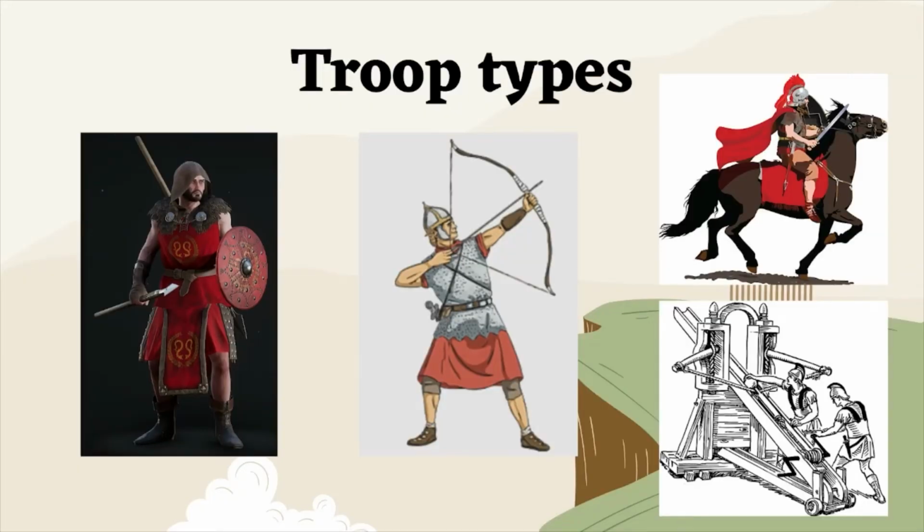When you start out, you only have access to the V-Lights, which are light infantry troops with little equipment, as you can see in the left picture. As you win battles, you will earn in-game currency called souls. You can use these to unlock other troop types as well as upgrade your existing troops. For example, you can unlock archers, cavalry, and artillery. Different types of troops will have different amounts of health, armor, range, attack, and movement speed.